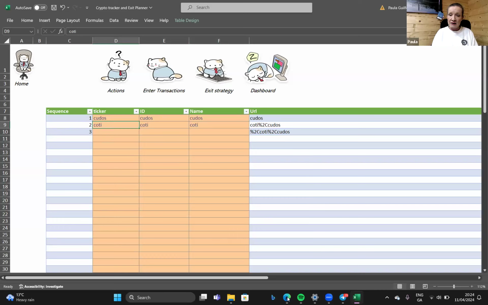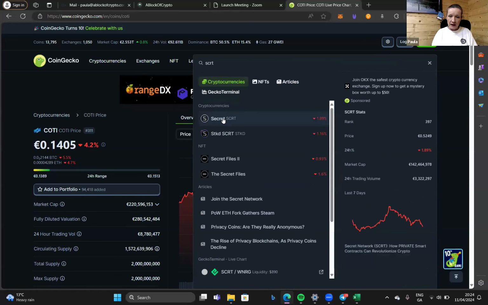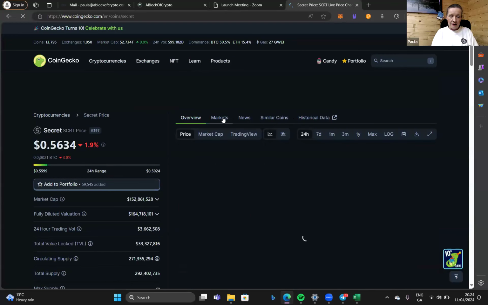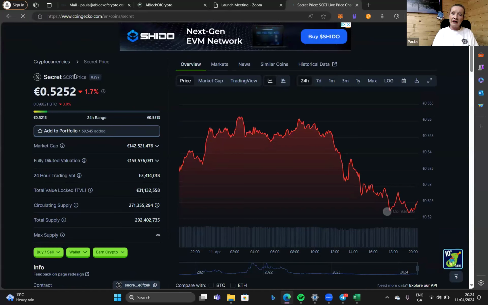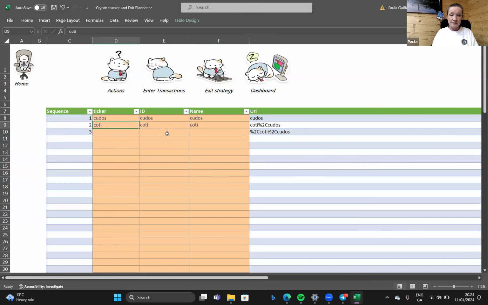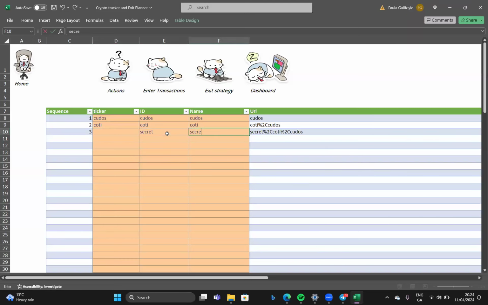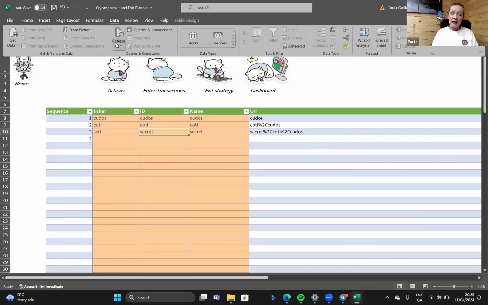The next one that I had was Secret. Okay, so we can see a difference here: the token name is Secret, the ticker is SCRT, and the API is Secret. So I'm going to copy the API. The token name is also Secret, and this was SCRT. So I've updated this now. So what I need to do is another data refresh, okay? Because once you